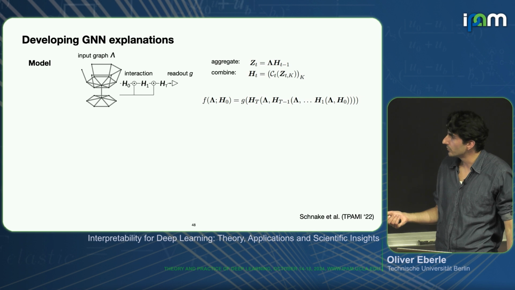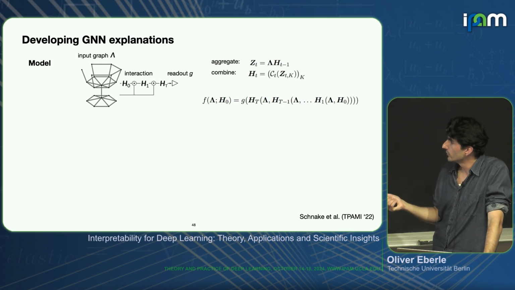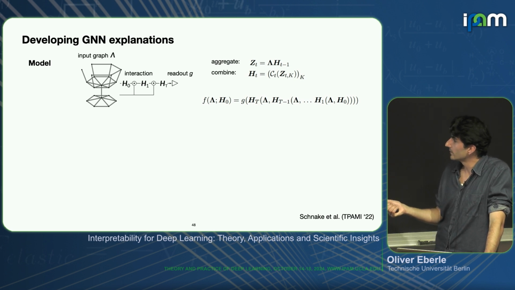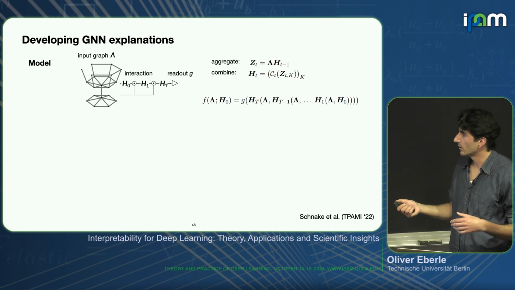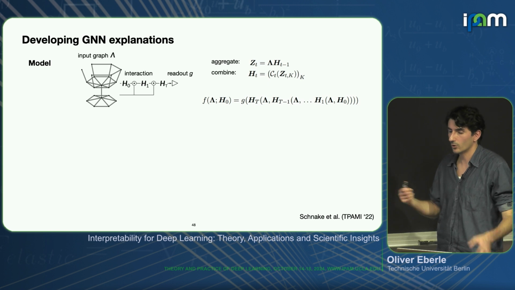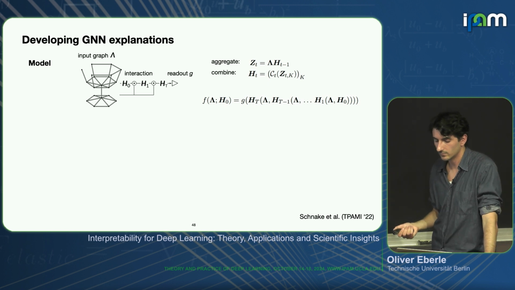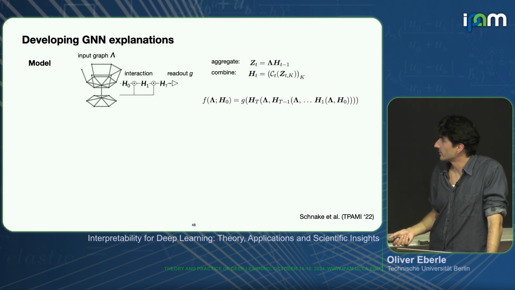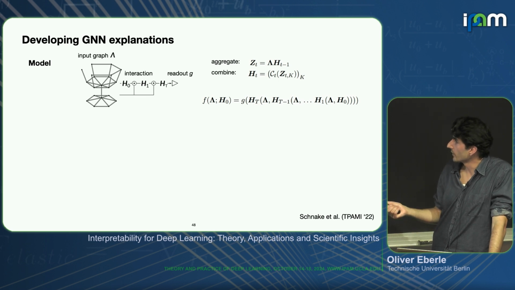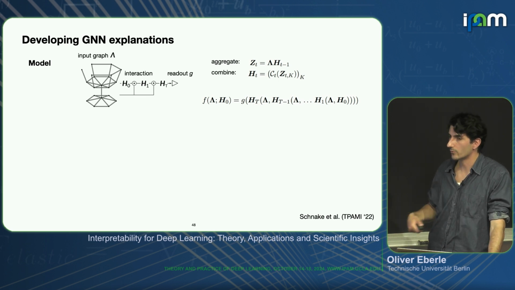You do this in two steps usually. You have an aggregate function that computes new intermediate states z of t. This embeds your current hidden state onto the structure of the model. Then you use this updated representation to get your completely new node representation, h of t. And here you have a combine function that tells you how the incoming information from the neighboring neurons has to be merged. You can just do mean pooling here, but you can, of course, do more sophisticated approaches like a small neural network. But the important thing is that lambda is repeatedly encoded together with the features.